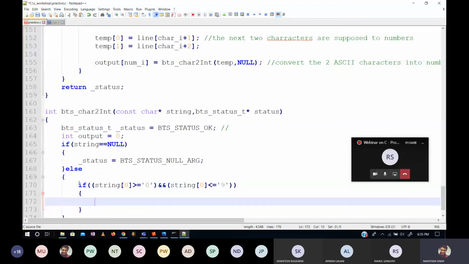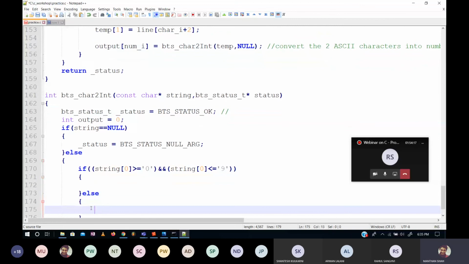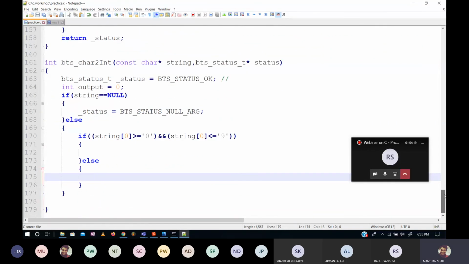If it is inside this, meaning the character is 0, 1, 2, 3, 4, 5, 6, 7, 8 or 9, then this will get executed. Otherwise, I will consider it a blank or incorrect argument, and I will set my output to -1.